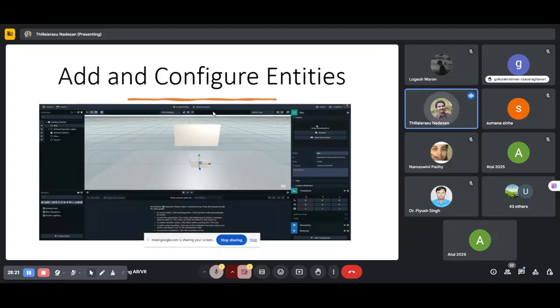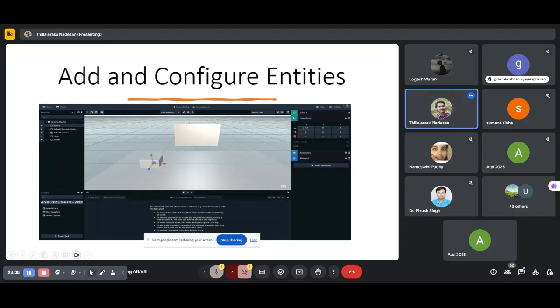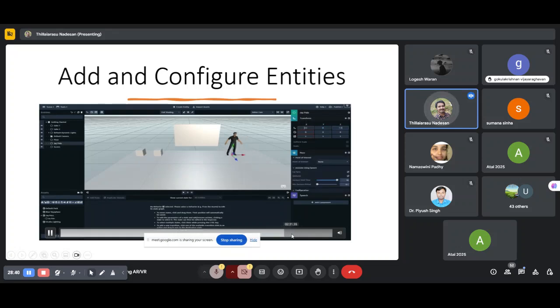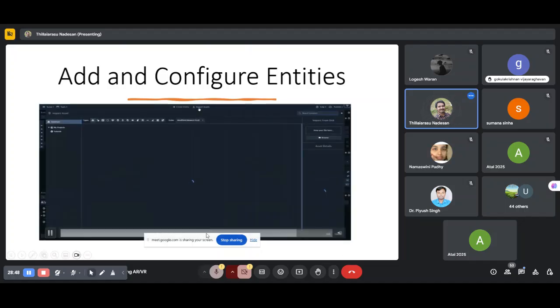Whatever you like, you can add a box, or you can name each and every object. We can call everything here an entity, so you can do it that way also. You can add a human being with respect to gender, you can add anything.